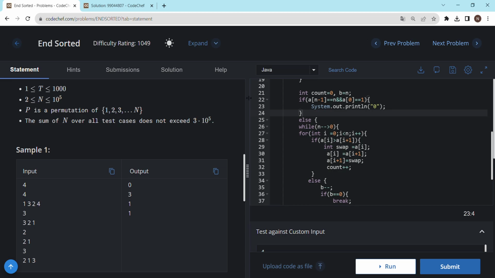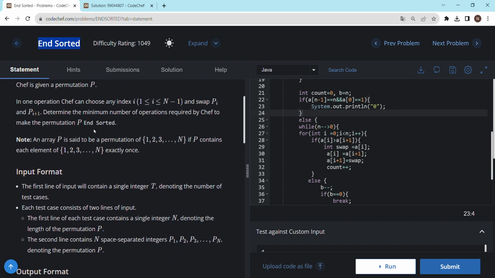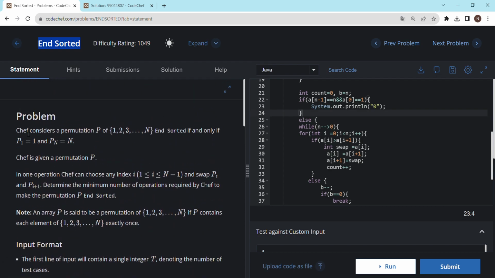Hello everyone. So today we are going to solve a problem named sorted and unsorted. So what do we have to do in this problem? This problem is easy, but yes, if you didn't know the statement, then you may solve this problem in the wrong way. So what we have to do here, we are given an array, or we have to